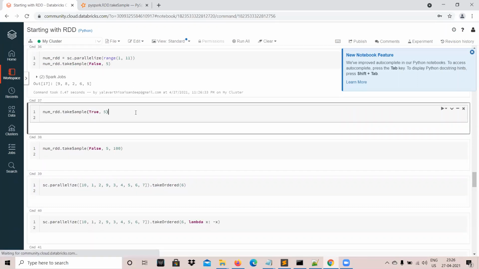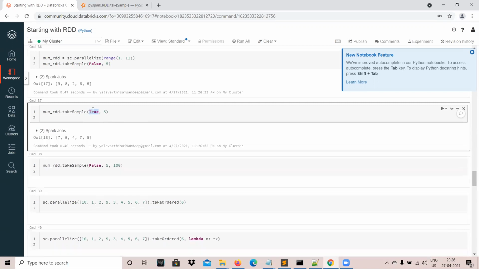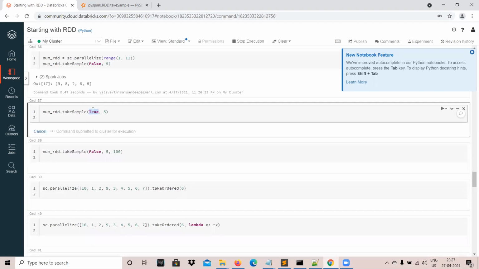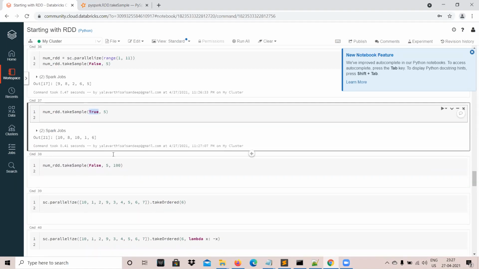Then in the next takeSample call, you are saying with replacement true. You are saying duplicates are allowed. But again, it's not forcing. You're saying, since I'm fine with duplicates, it may give you some duplicates or may not. Here you can see 7, 6, 4, 7, 5. 7 is a duplicate, here 5 is a duplicate. You're getting different samples, but inside the sample, elements can be duplicated. That is what with replacement means.